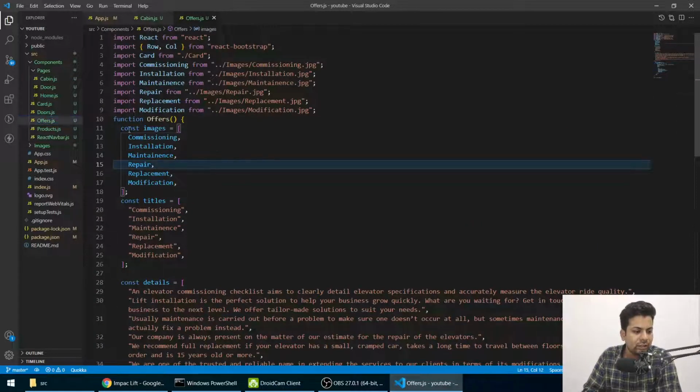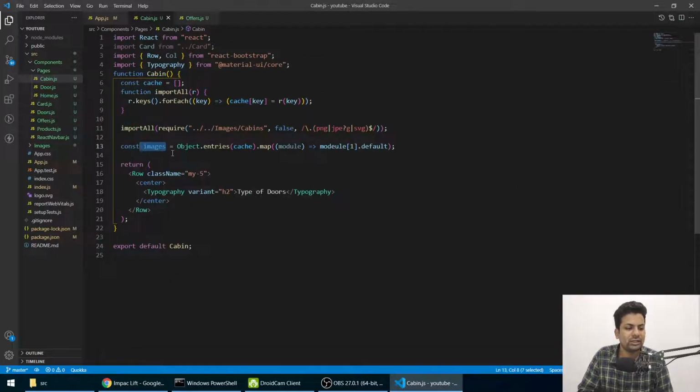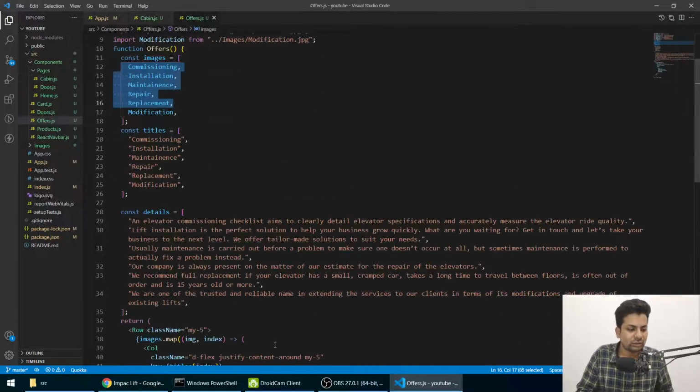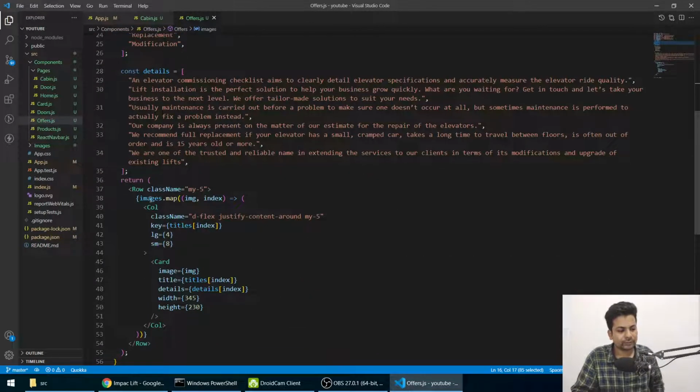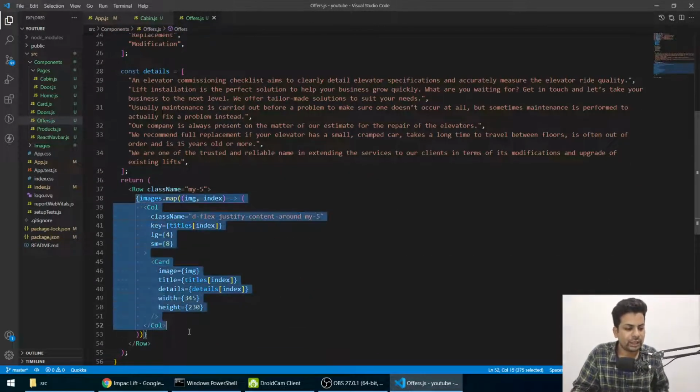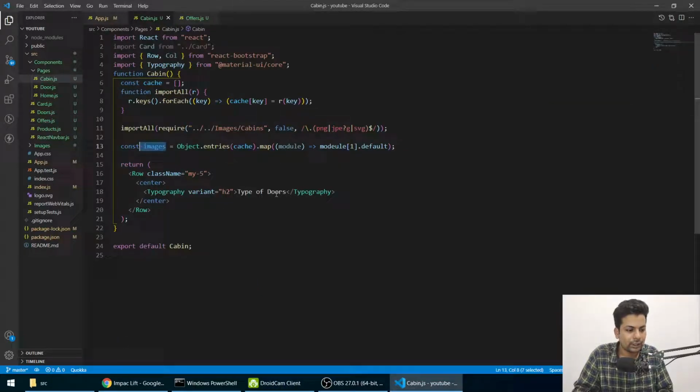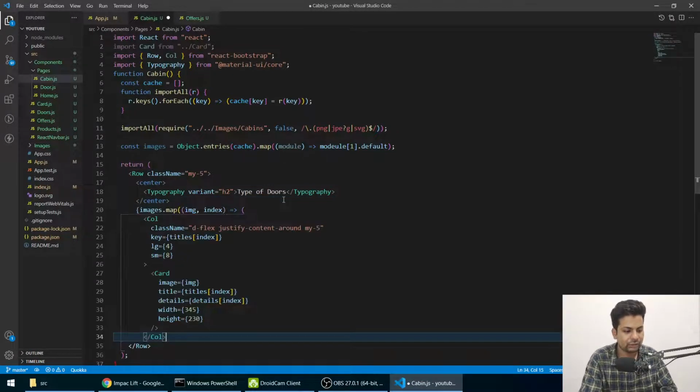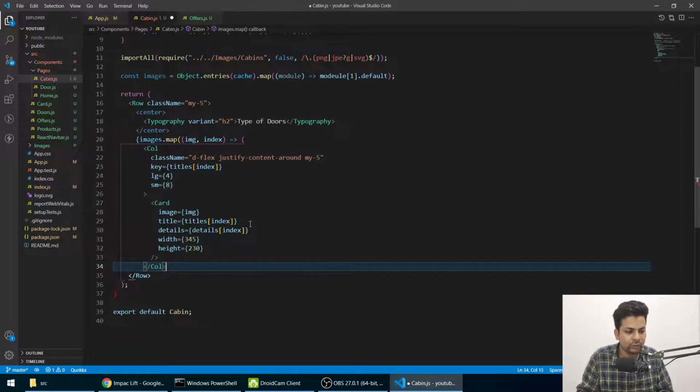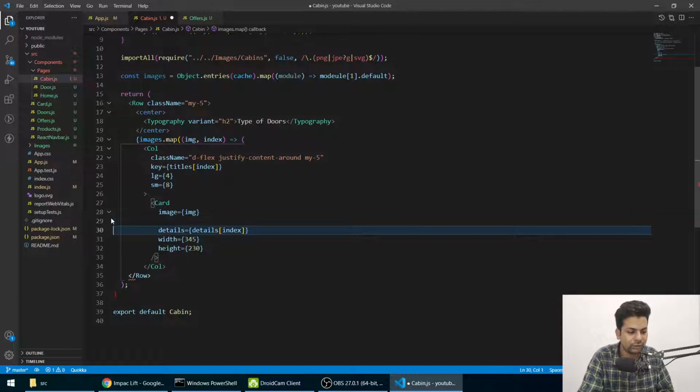Let's see, we're telling it to use images, so now using this we got everything in images. So now we'll just copy the same thing we were doing here, images dot map, after center we'll just press enter and copy it. There are a few things: we don't have a title for now, obviously we don't have details, and height and width